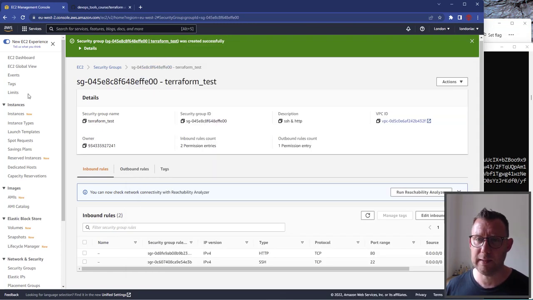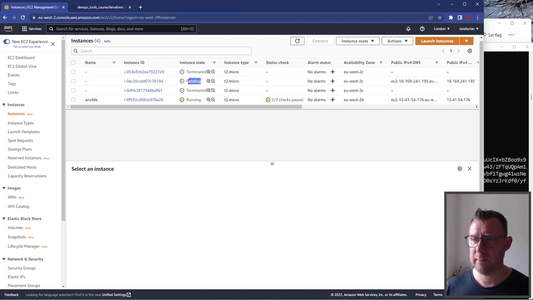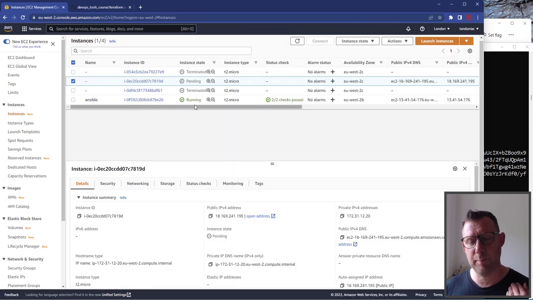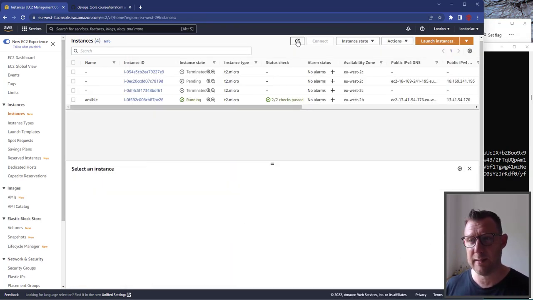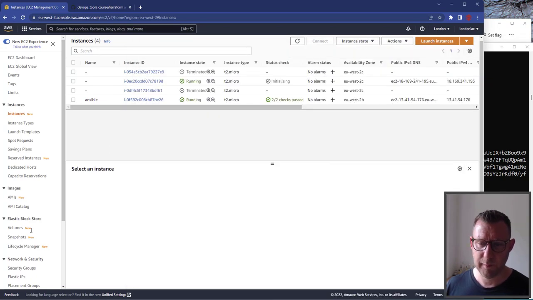So if we go to AWS, the instances, we refresh, we'll see it's now pending. So it's going to try and create it, and that bit will work absolutely fine, but it's the connection bit that will fail because it cannot SSH onto the server. So that says it's running, but it's still going to be creating here. So what we do,